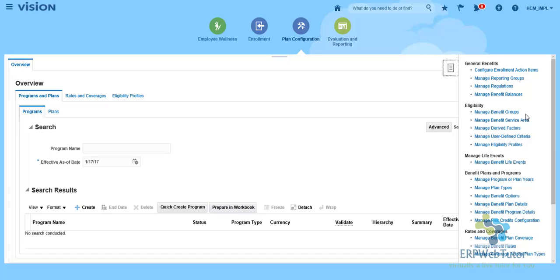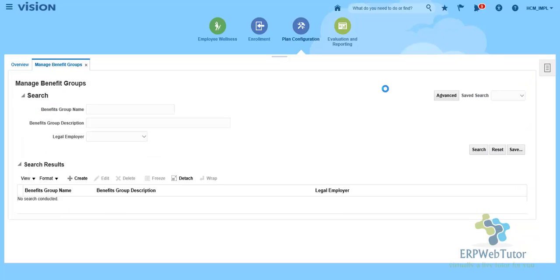So the first link in that particular list is manage benefit groups. When I click on manage benefit groups, it takes me to a new page. There you would see that there are search boxes. The first one is the benefits group name. The second one is benefits group description and the legal employer. So if you have already created a benefit group, you could use any of these search boxes to search for a group that you have created earlier. I will just go ahead and click on search,